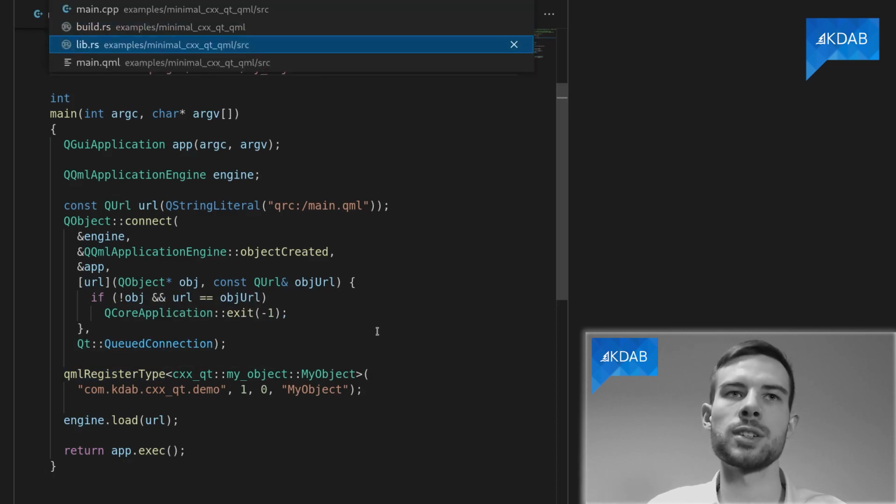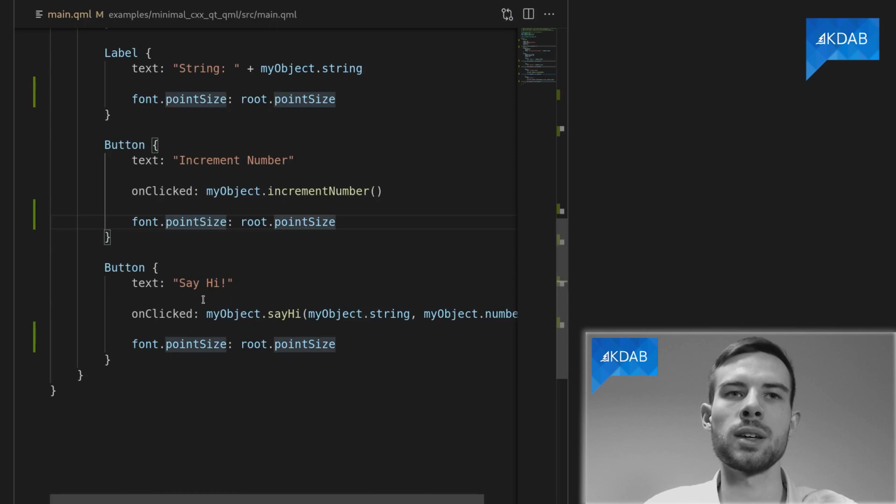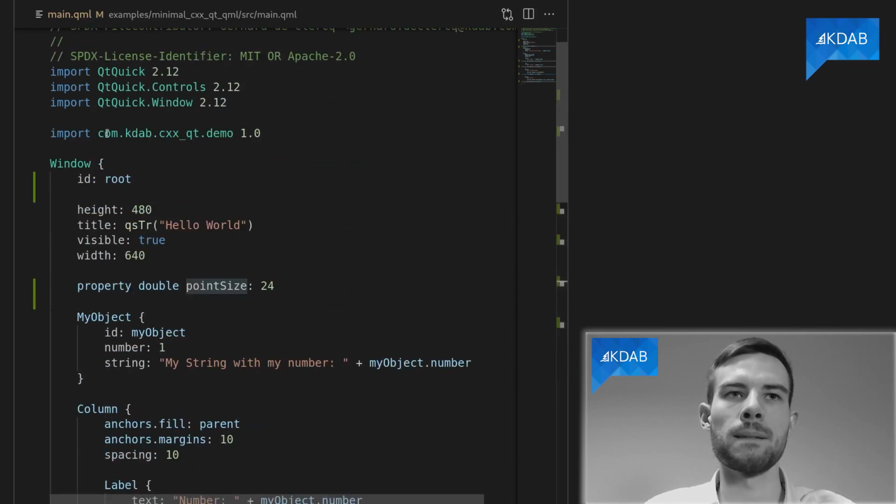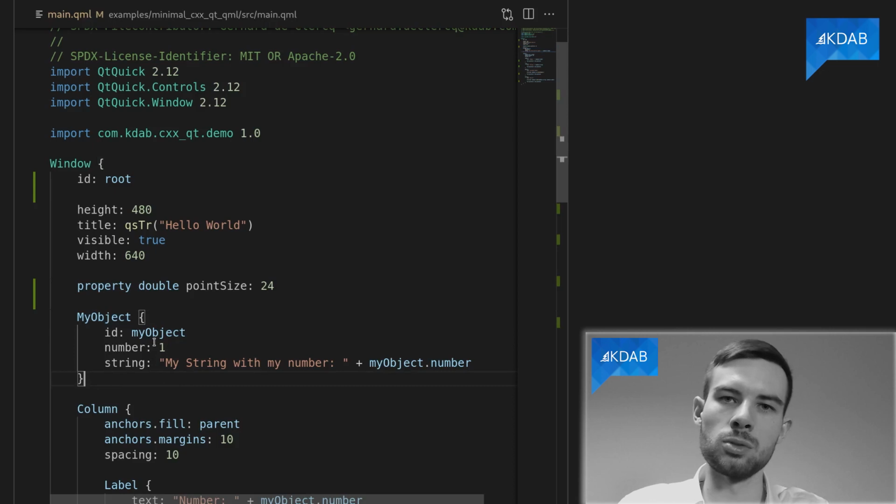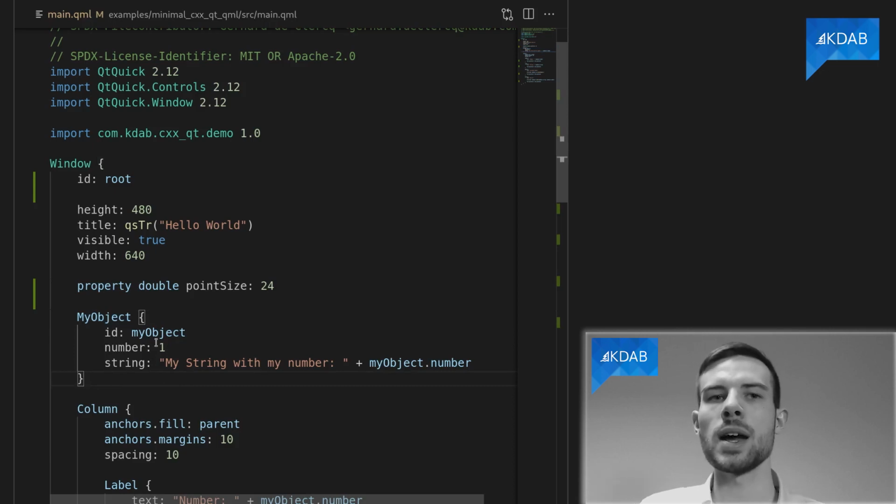But once we've registered it for QML use, we can then first import it and then instantiate a myObject. This myObject can then, just like any other QObject, have a number and a string. And we can, for example, use the properties with data binding.